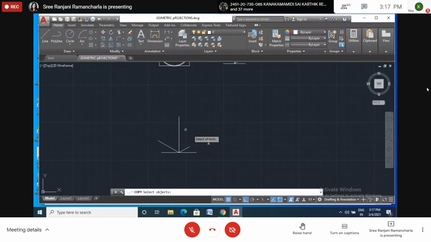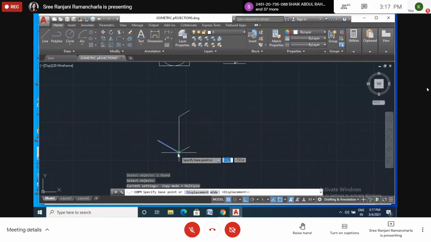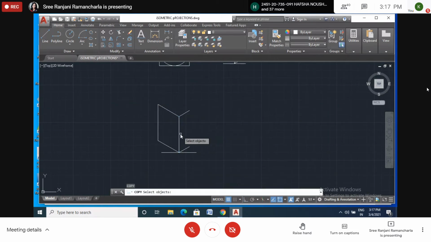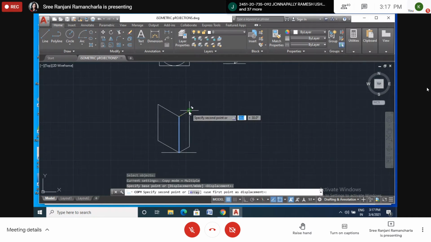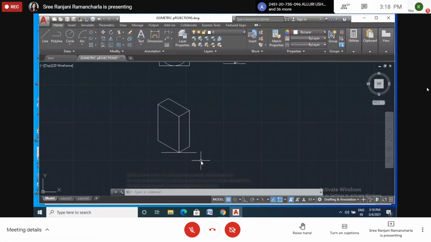Copy. Enter. Either you can copy or you can draw another line. Then draw another line. Now this is the isometric projection of a cube of 20 by 40 by 60.